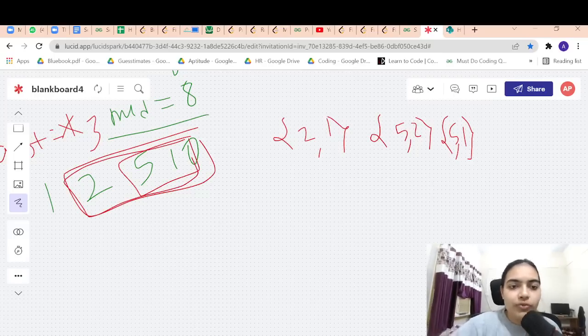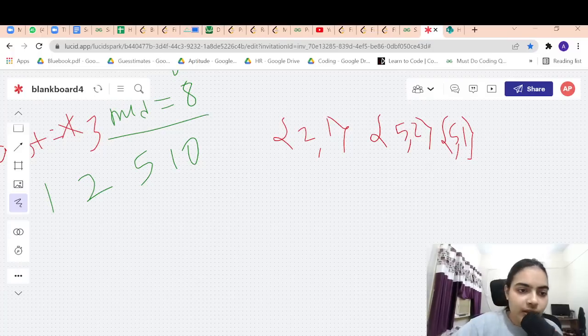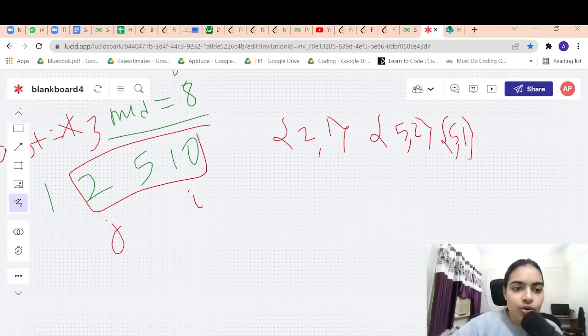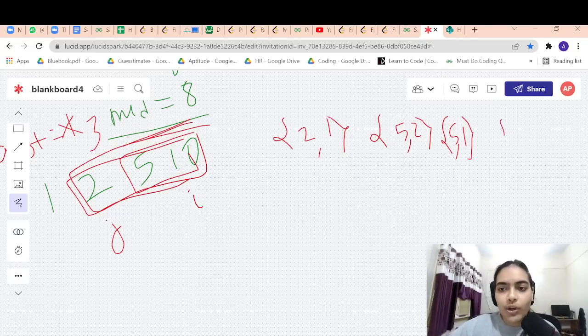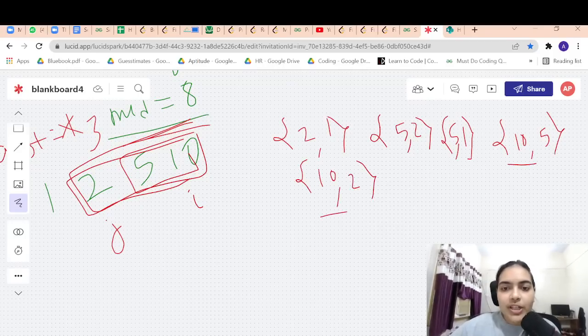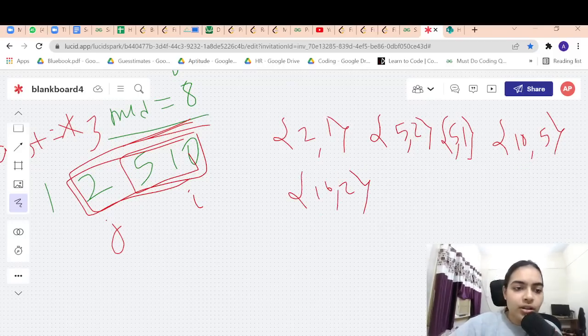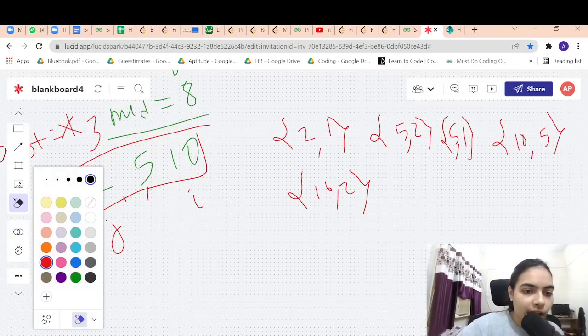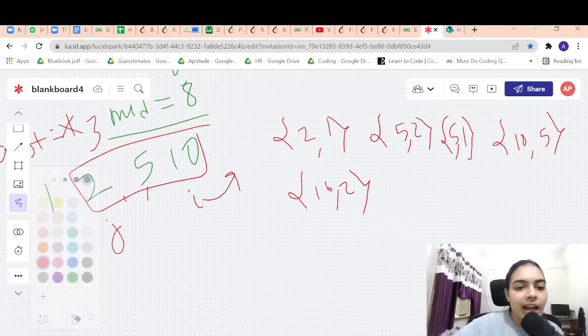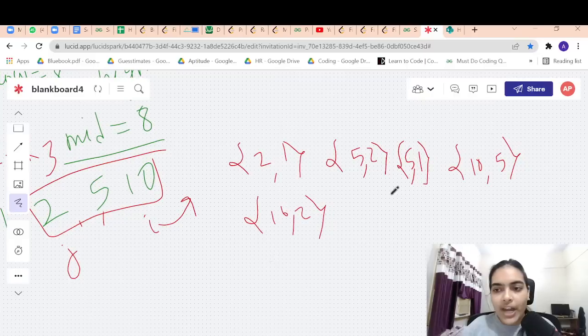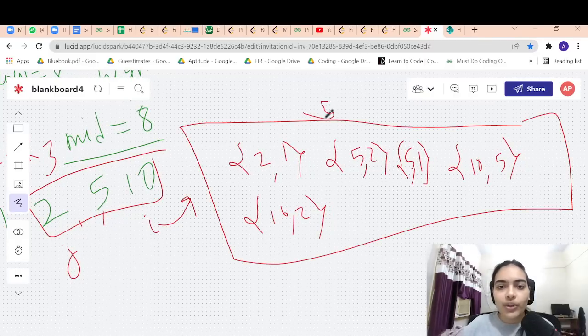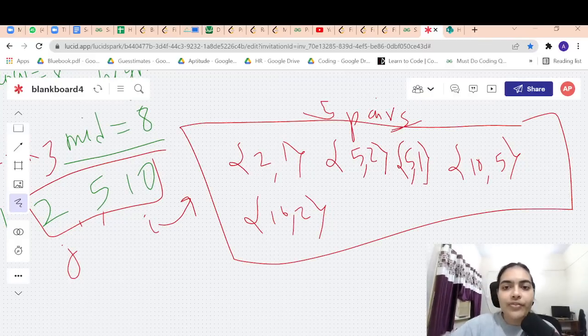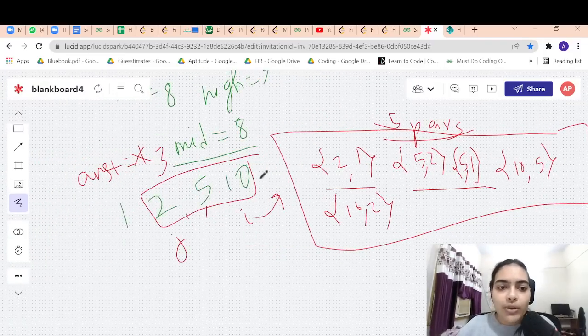So how many pairs do you have? You have 2 pairs, 10, 5 and 10, 2. So this was the sliding window, I j. Both of them will give absolute difference less than equal to 8, right? I found the answer in this sliding window. So I will increment I. Next time if I increment I, it goes out of bounds, so I will just stop the iteration. So how many pairs do I have? I have 5 pairs. For the very first time I found 5 pairs which are giving absolute difference less than equal to 8.